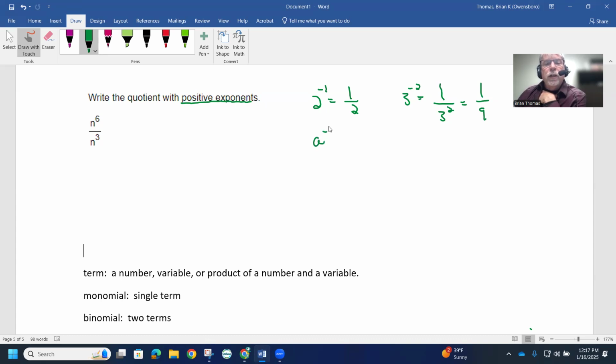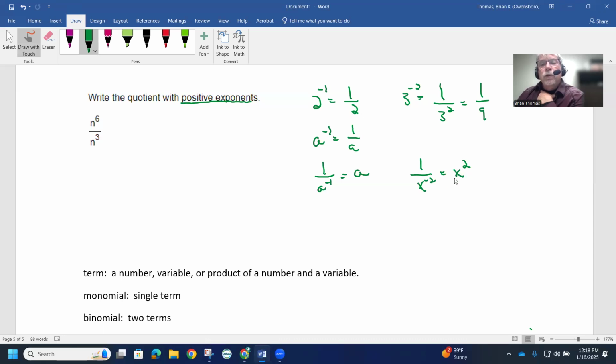So if I have a to the negative 1, that is the same thing as 1 over a. Now, another thing we pick up on is if I have 1 over a to the negative 1, notice how it's already in the denominator. To take the reciprocal means this just turns into a. So if I have a negative exponent in the bottom, it can move to the top as a positive exponent. If I have 1 over x to the negative 2, that's the same thing as x squared. Those are interchangeable. When there's a negative exponent on the bottom, I can move it to the numerator